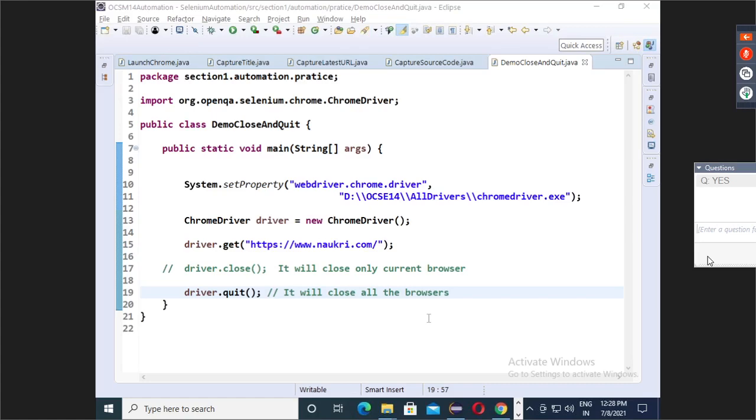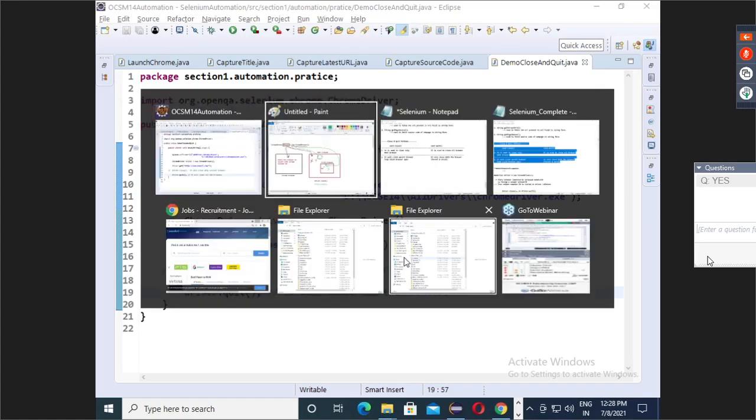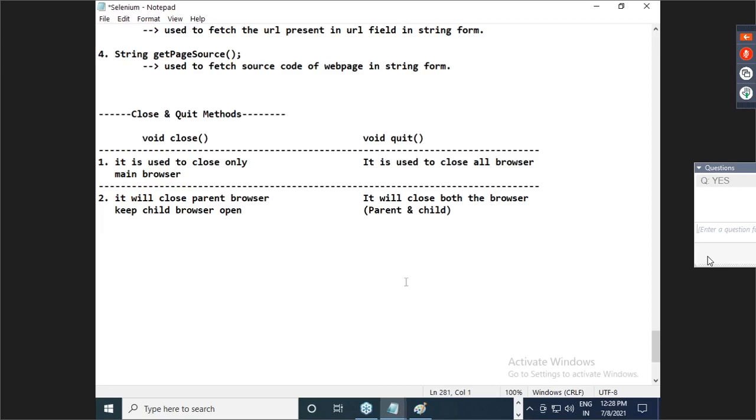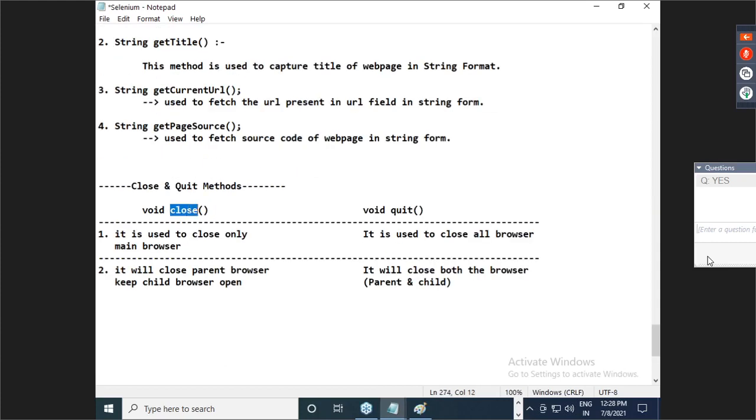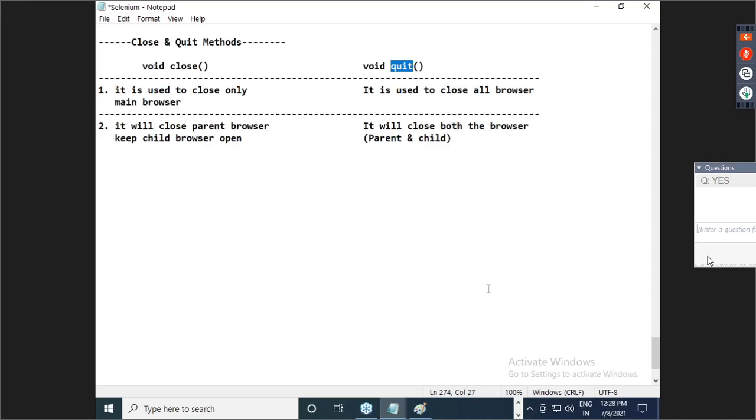Total how many methods have we done, guys? Correct, 6 methods. Okay. Get title, get current URL, get page source, close method, quit method. Okay. So 6 methods are done.